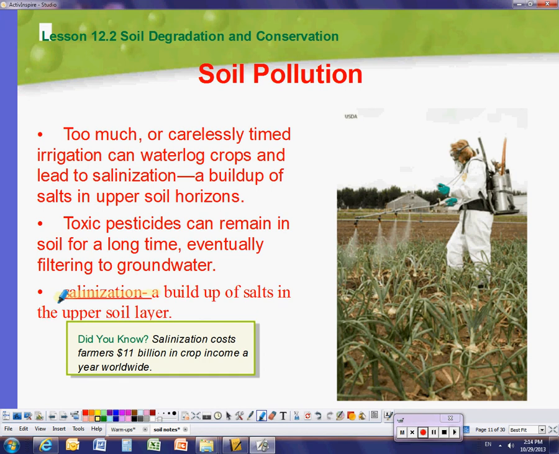This is when we use water that has salt in it. Our tap water, the fountain water that they use for the farms that you see with the sprinklers, that has salt in it, natural salt. And if you use too much of that water, you'll have salt build up in the soil, and that's salinization. What they end up having to do is flush it with pure water, but if there's plants there, then the plants will end up getting waterlogged. So to desalinize, you either have to plant new crops or water the ground when there's no plants there. So that's why sometimes you'll see the flushing of water even though there's no plants actually growing. All right, I'm going to move on, so you might want to pause it.